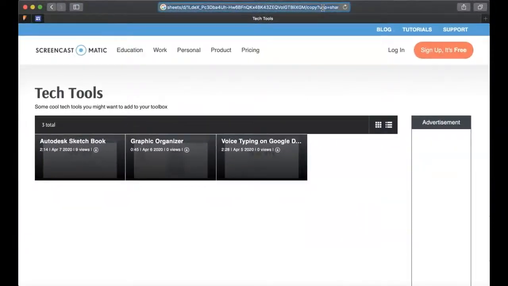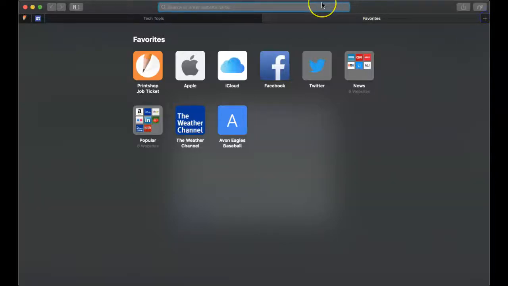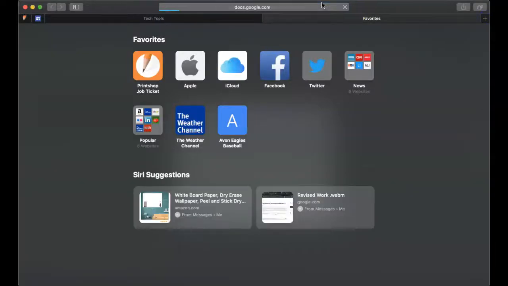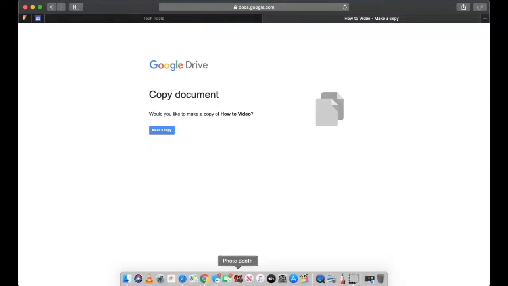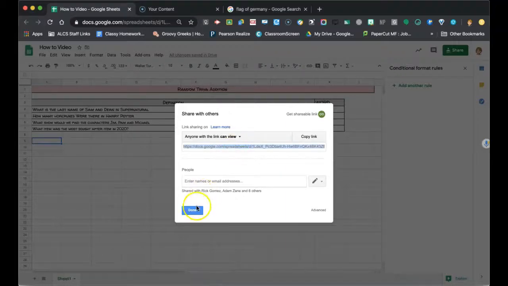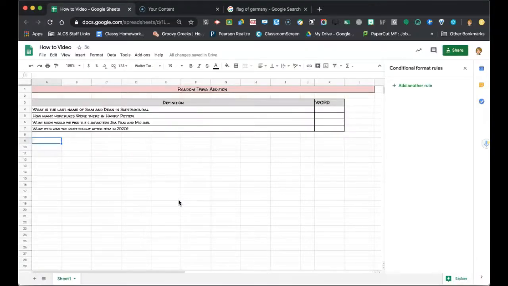and then test it out, copy it, you put it right over there just to test out the link. It'll force people to make a copy. So that's just another way you can give somebody a copy of something, and they just automatically make a copy. So that's just a fun little tool there if you didn't know how to do a copy. But that is how you do conditional